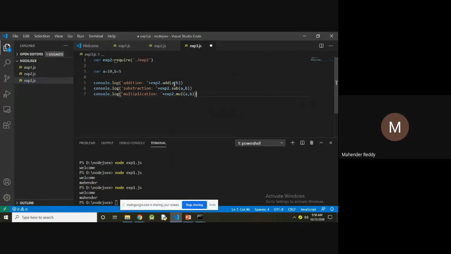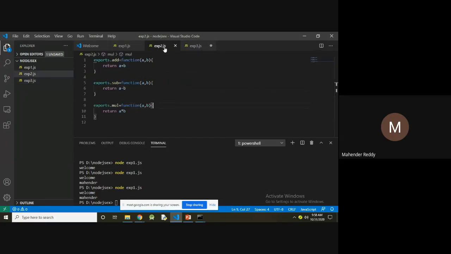So addition, subtraction, multiplication, these three methods are available in the exp2.js file.